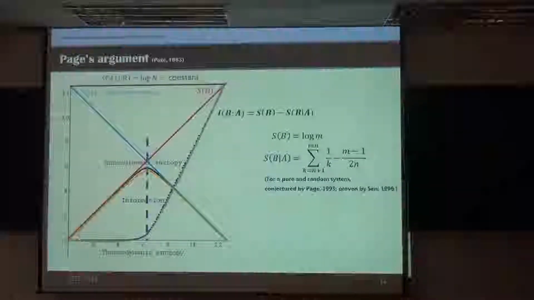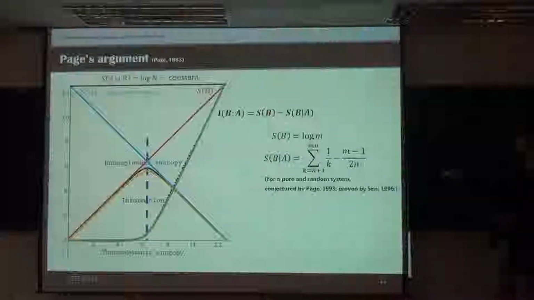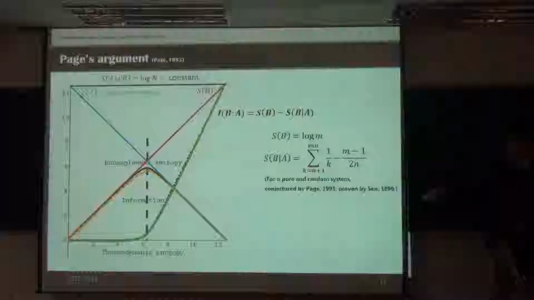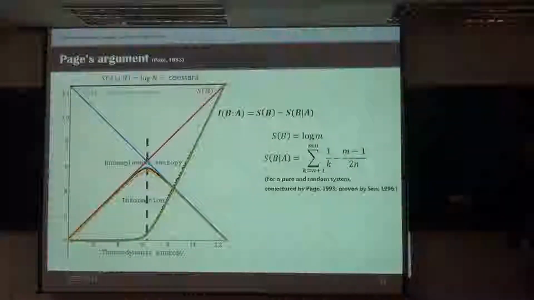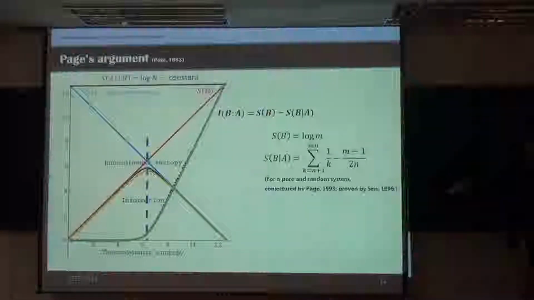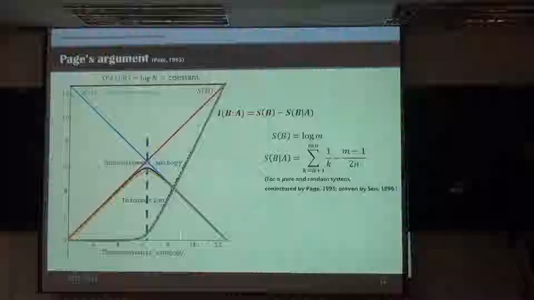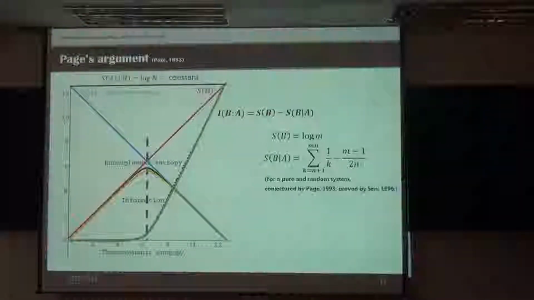Using these relations, we can draw the information curve this way. So, the difference between SP and SP bar A. Before the halfway point, the detected information is very negligible, but as time goes on, information gradually increases. So if we are observing a black hole around this stage, then we can detect that the black hole begins to emit